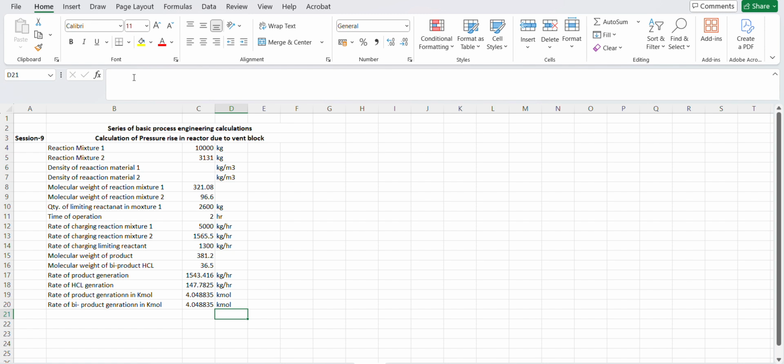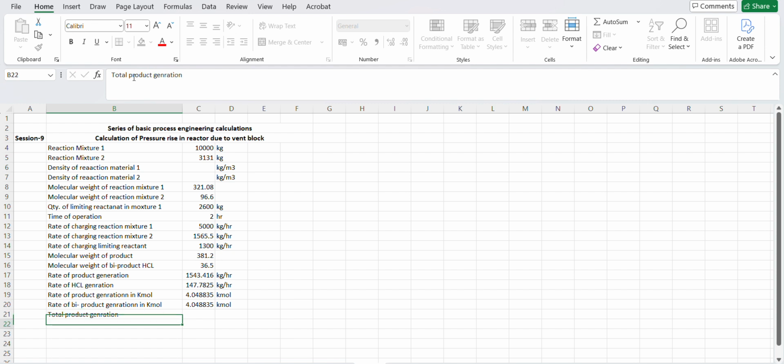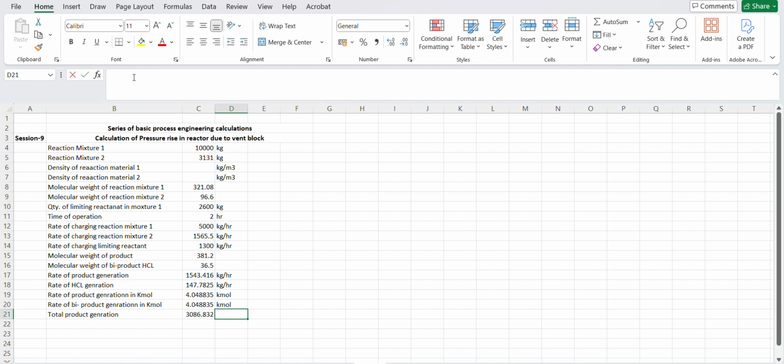Okay, so now we can check the total product generation. Simply calculate this, as we have considered the total reaction time 2 hours. So the total reaction product generation is the rate of generation into reaction hours. That means in total 3086 kg of